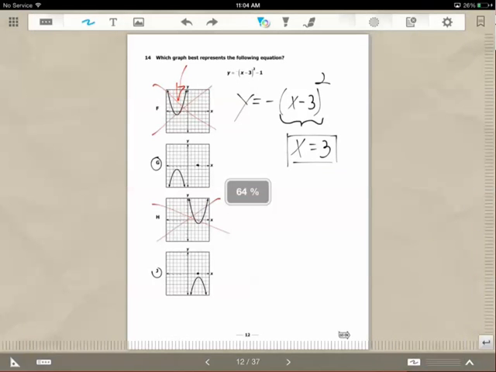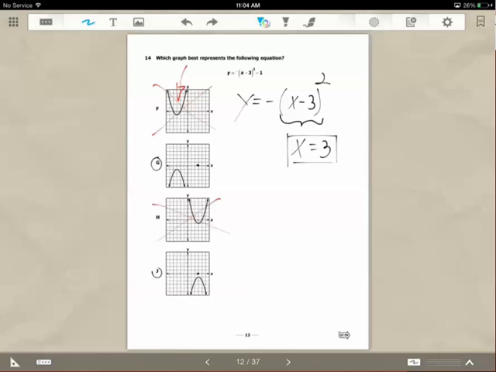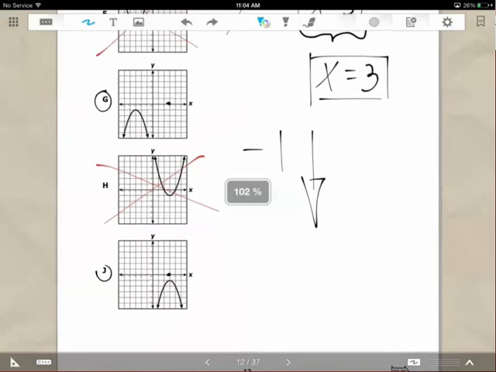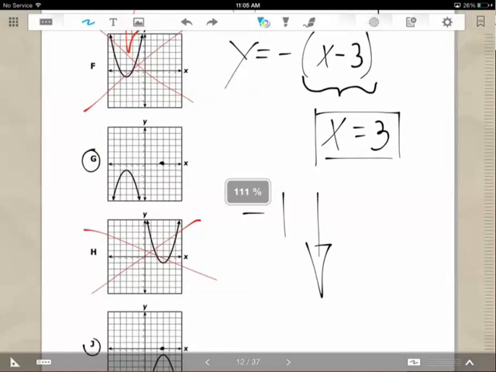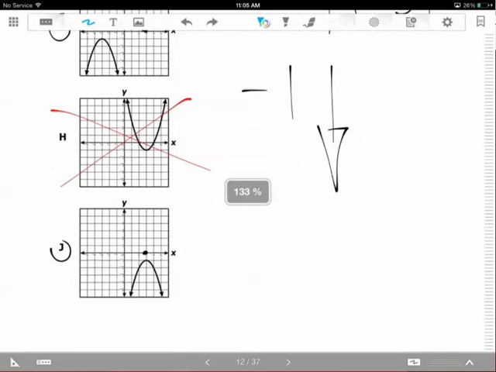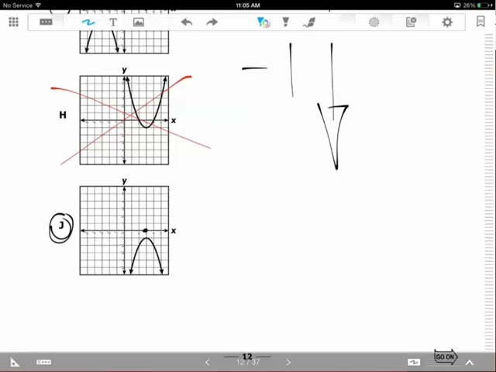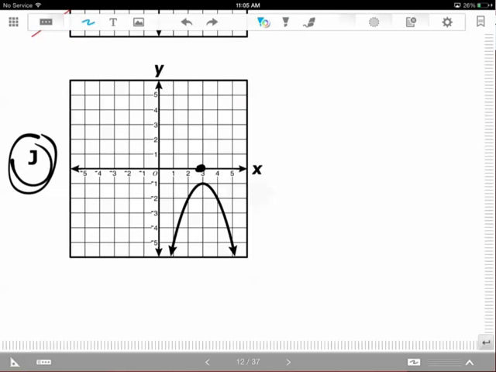But your equation is not y equals negative x minus 3, but y equals negative x minus 3 squared minus 1. So basically your graph will shift down by 1 unit, right? Every point on the graph of negative x minus 3 squared will go down by 1, and the right answer to this problem seems to be J, because here, as you can see, you have the graph of x minus 3